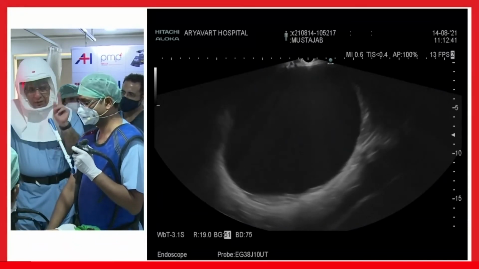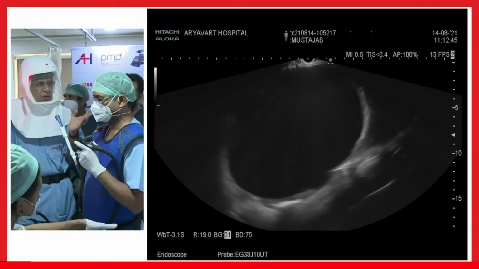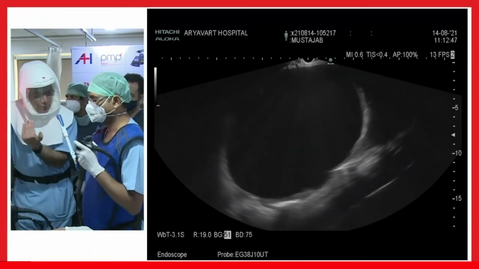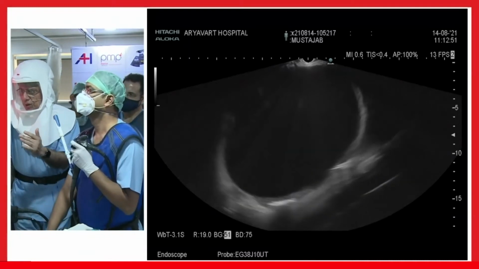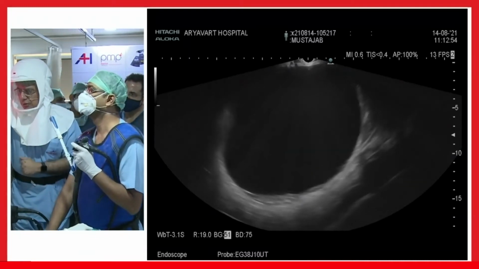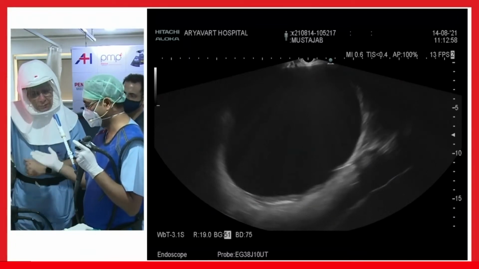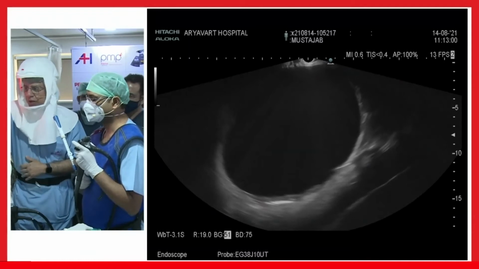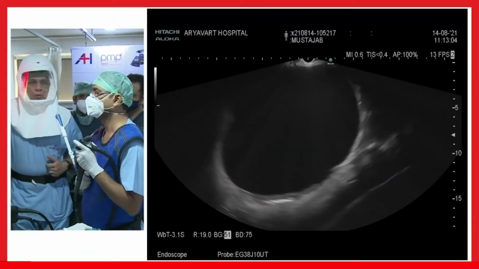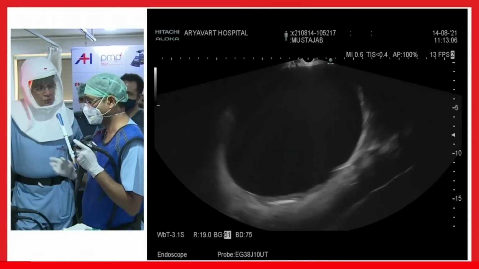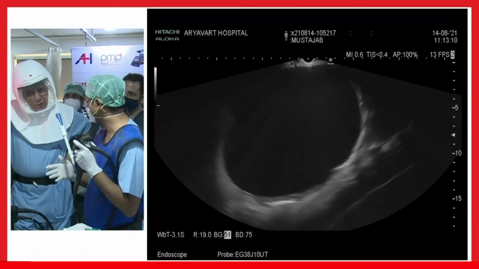So we said we will identify with color Doppler, we will identify the upper point of puncture, we will identify the lateral point of puncture. That's important. And we'll find out there is no blood vessel or anything else, and you identify you are not crossing the diaphragm, as you have told. And second, the last but not the least, is there any portal hypertension or not? Of course, I think you should avoid collaterals. That's why you put the Doppler for that.